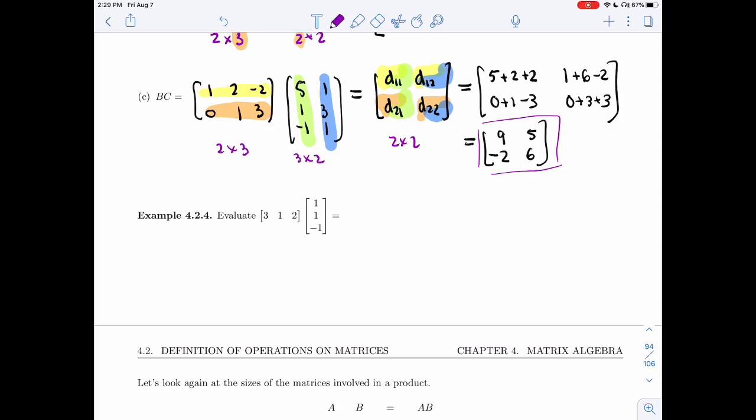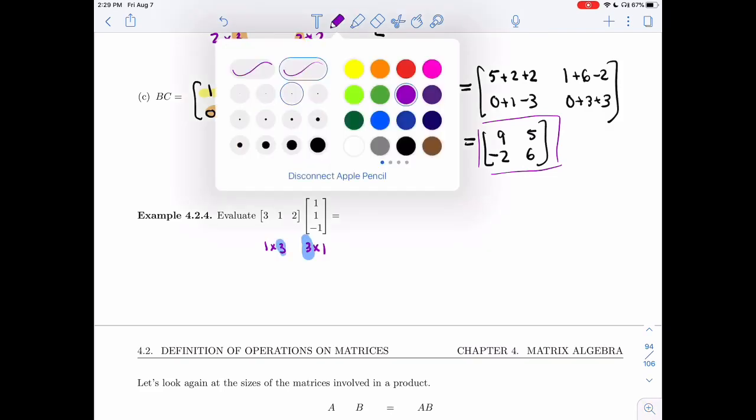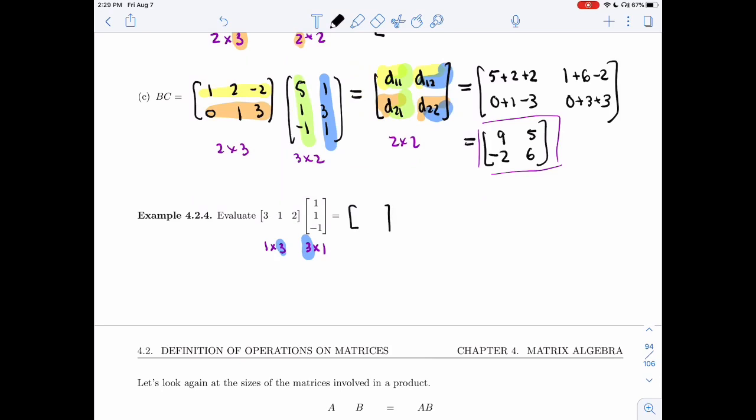This one is a weird case because I have a 1 by 3 matrix times a 3 by 1. The product is defined because these middle dimensions match, but then I'm left with a 1 by 1 matrix. So that's a matrix with a single entry. That entry would be D11, and so it would be the product of the first row with the first column. So it's really very similar to just taking the dot product of two vectors. It's just that one is written as a row and one is written as a column. So 3 plus 1 minus 2, that's